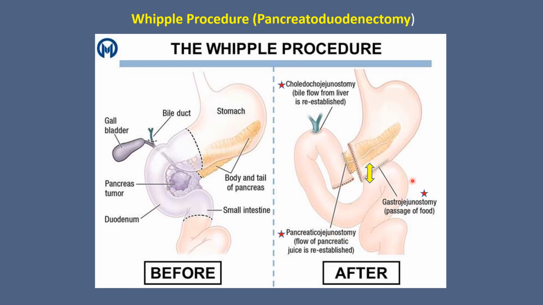And the third bypass is between the jejunum and the stomach, and that is known as gastrojejunostomy. Okay, so in these patients, you establish direct communication between the stomach and the jejunum, and this